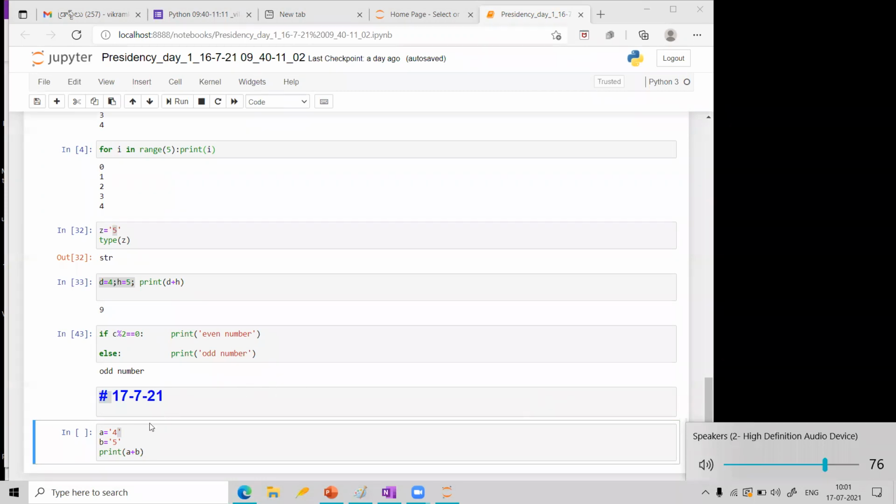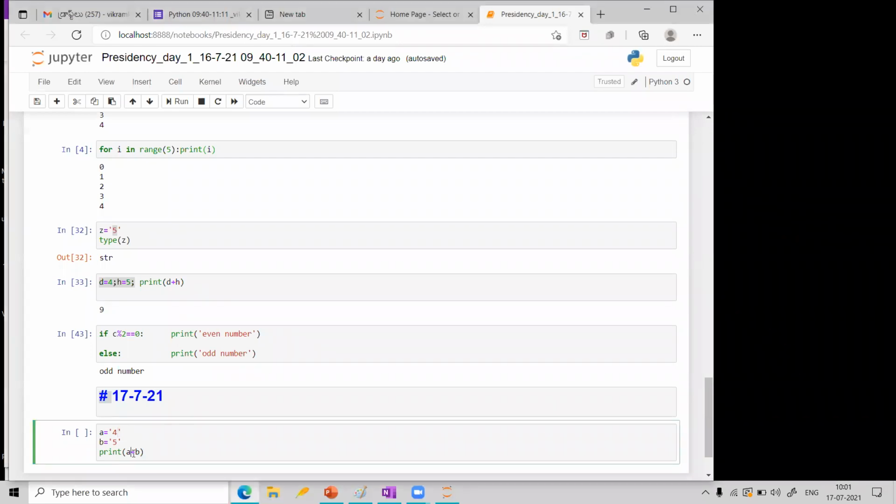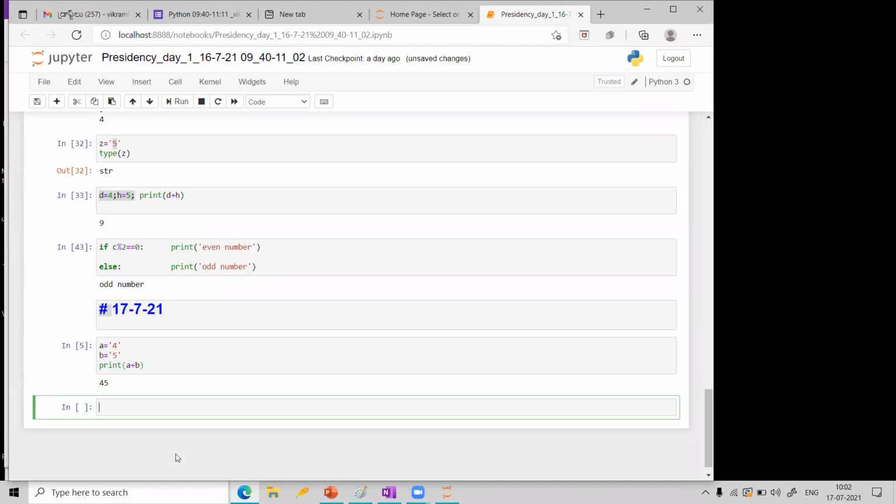Okay. So in strings, if I use the addition symbol, the plus symbol, what will happen? You remember in Chennai, visit Science Museum. That is what we did yesterday, right? So when I put plus, what will happen? 45. Okay, let us check. I am running the program. I will run this code. So you see it is giving 45.